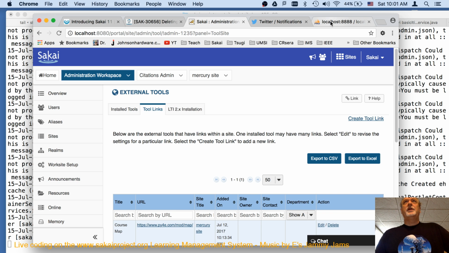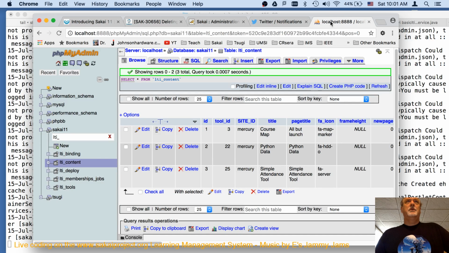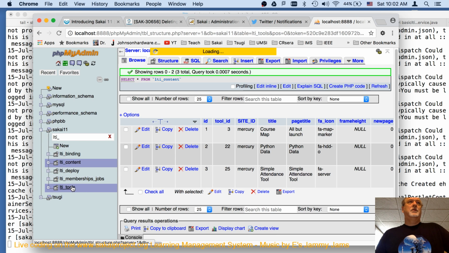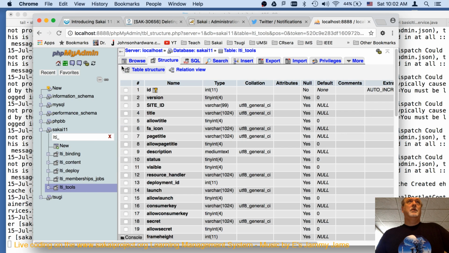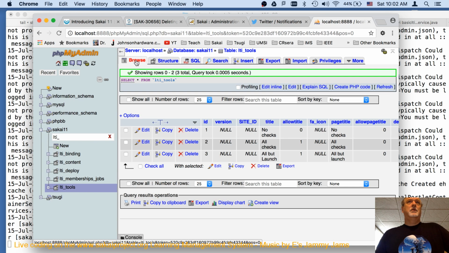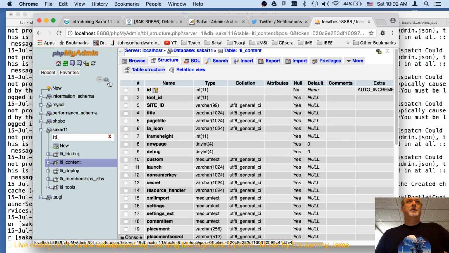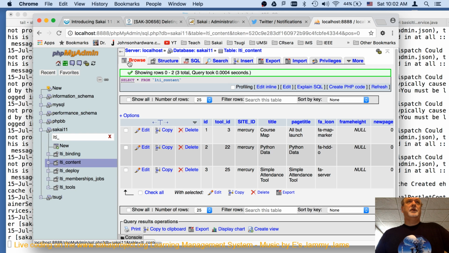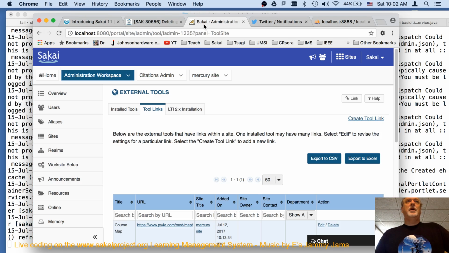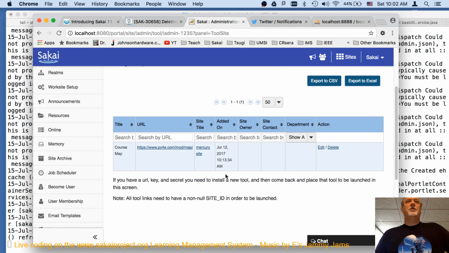That's freaky. That's my tools. That's my content items, and there's 3 in there. But somehow, I'm not seeing these 2. Why? I'm not seeing them here.